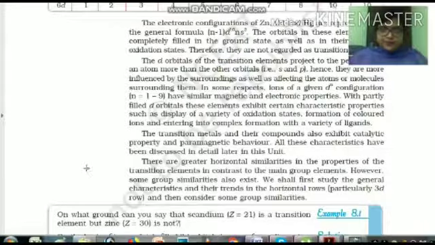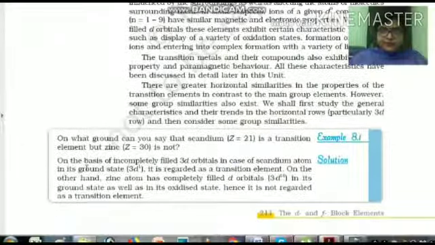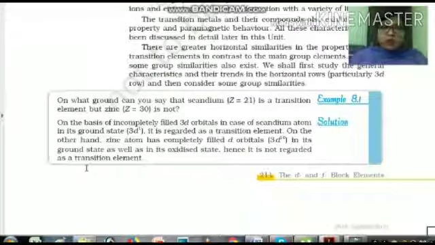Now see, here you can see one important question: on what ground can you say that scandium, atomic number 21, is a transition element but zinc, atomic number 30, is not? See children, we all know the definition of a transition element. A transition element must have partially filled or incompletely filled d orbitals in its ground state or in any one of its oxidation states. So if I talk about scandium, it is 21, and when you